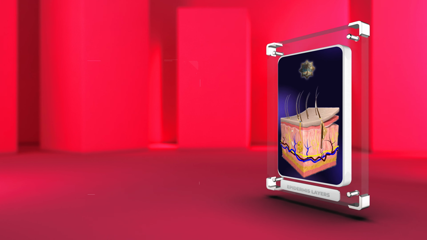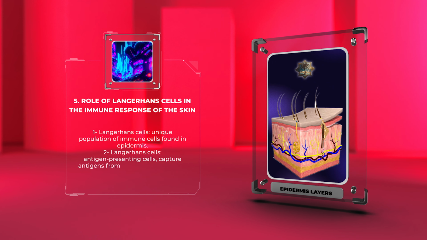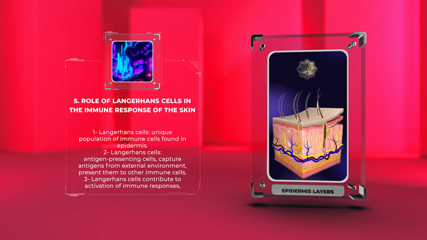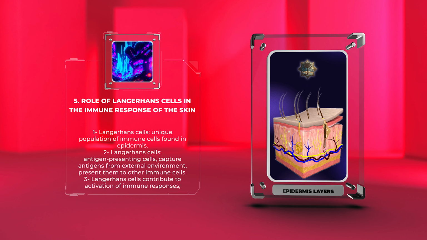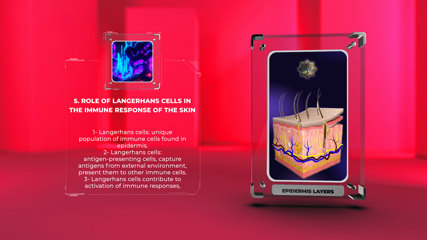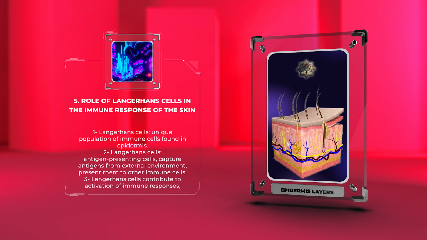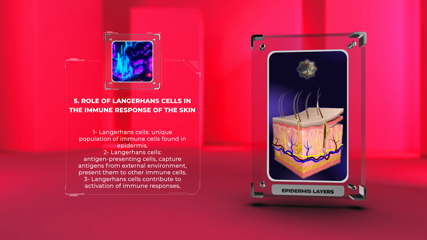Langerhans cells, a unique population of immune cells found in the epidermis, play a vital role in immune surveillance. These cells function as antigen-presenting cells, capturing antigens from the external environment and presenting them to other immune cells in the skin. Langerhans cells also contribute to the activation of immune responses, defending the skin against potential threats, such as